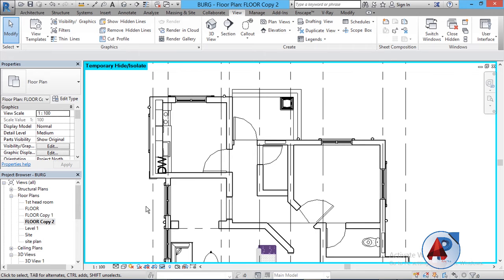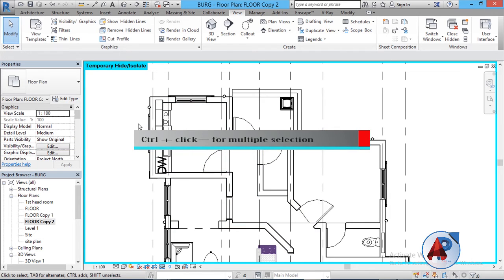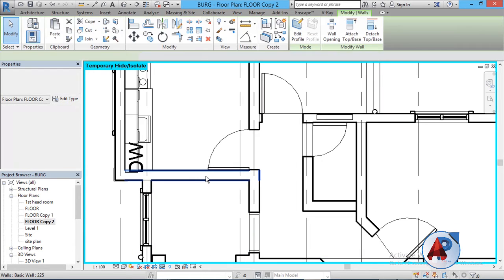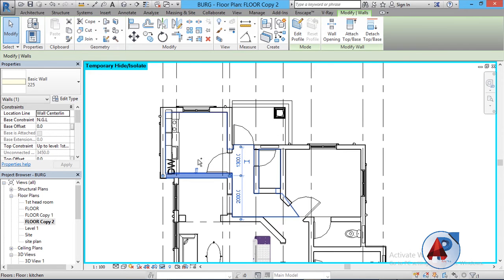And we have control to add. Control to add is when you want to make a multiple selection of more than one category. For example, if I want to make a selection of wall, furniture and door at the same time, that is how to make the selection. Click on one, then hold your control, click the other one, whichever one I want to click.